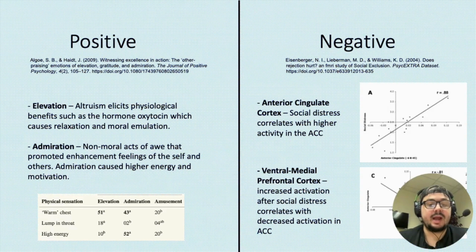This area of the brain has to do with more logical thinking, more higher-order thinking. The anterior cingulate cortex has to do a lot more with distress and emotions, and the medial prefrontal cortex has more to do with being able to think or calculate the environment. As activation in one goes down, activation in the other goes up. So there is really this sort of mind over matter scenario happening biologically: the more you can take your mind off of something or think logically about it, the less likely you are to feel the extent of the pain being inflicted.